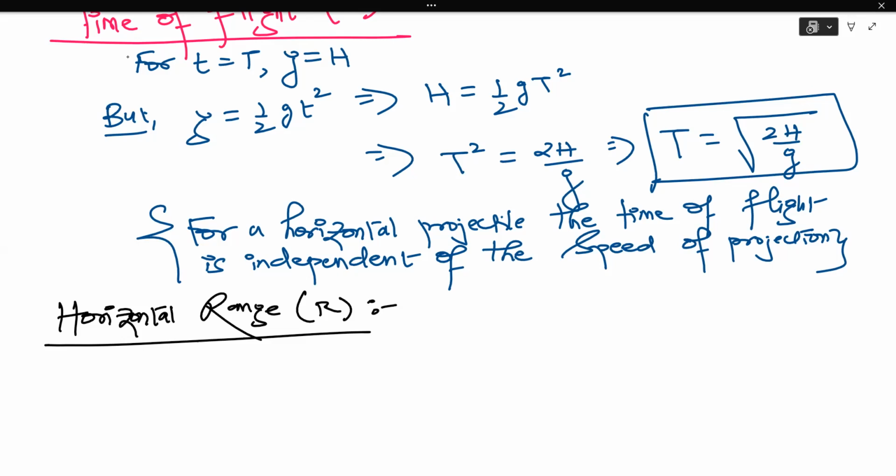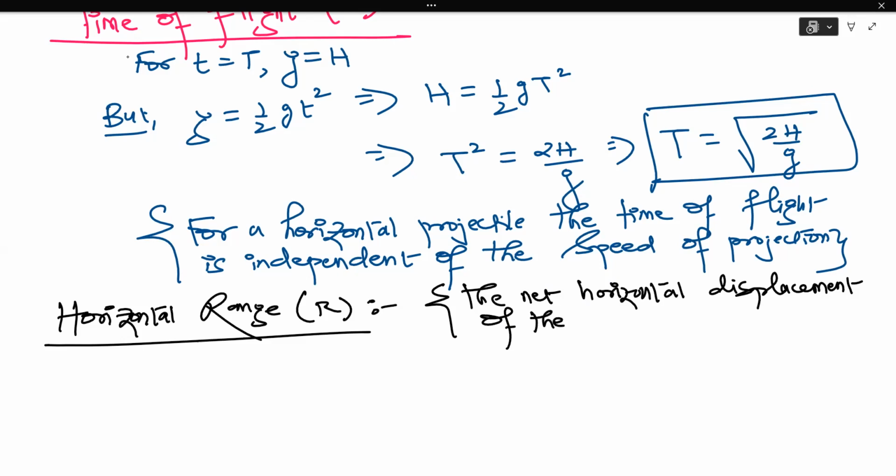Okay. So horizontal range means how far will it go? Horizontally, how far will it go during the entire time of flight? Horizontal range means the net horizontal displacement of the projectile during the entire time